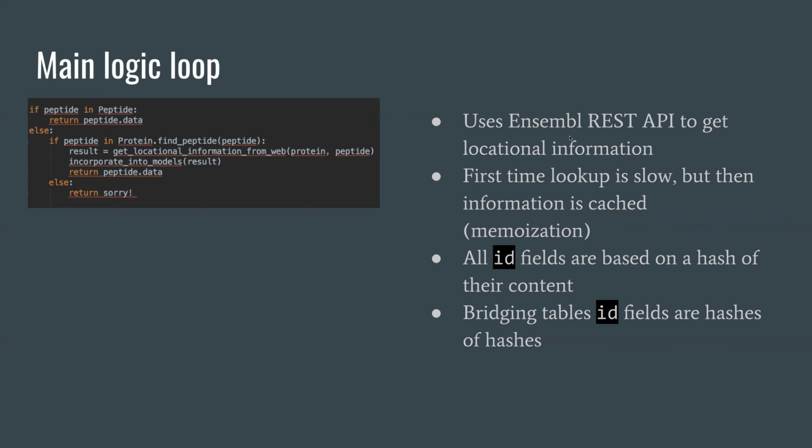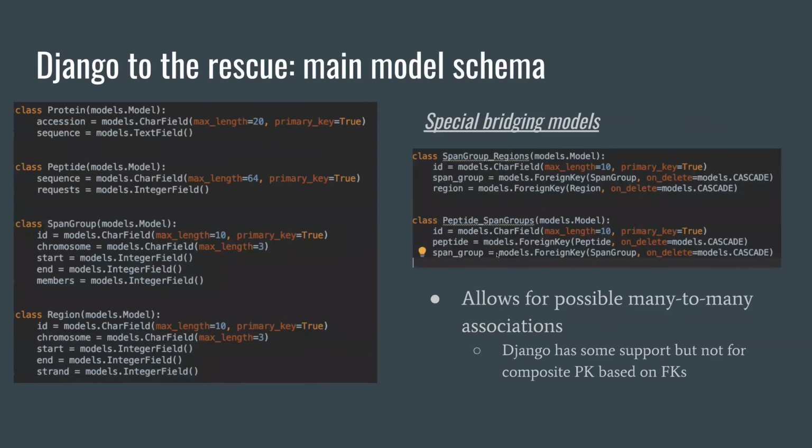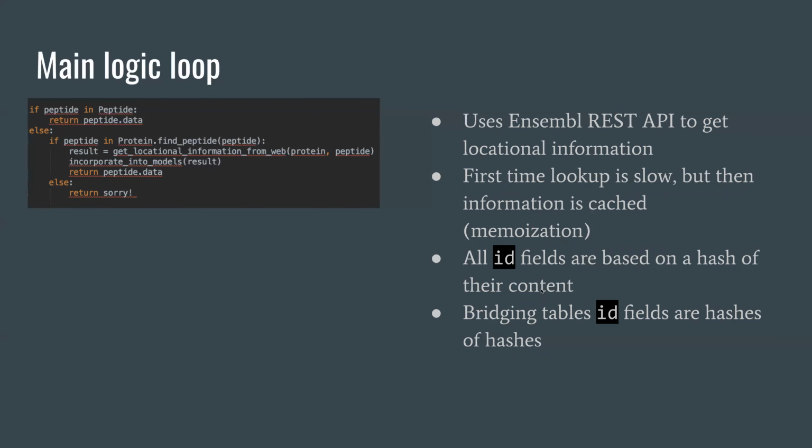As I mentioned, it uses this Ensembl REST API to get location information. As a result, the first time that you look up the positional information about any given peptide, it's slow, but then the information is cached into these models, and that's why I call it database memoization. Some other features: all the ID fields in these tables are actually based on hashes of the